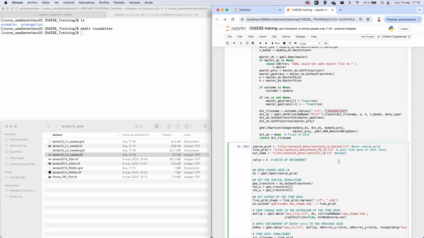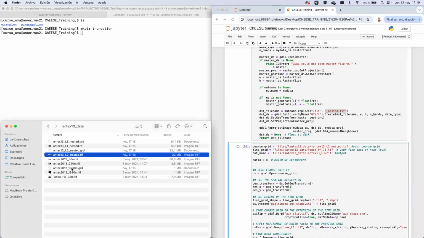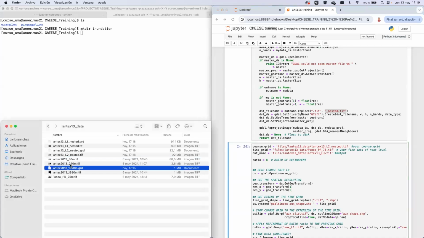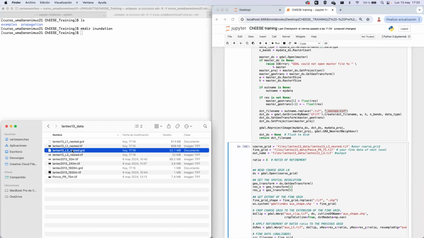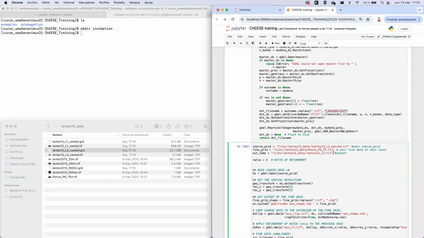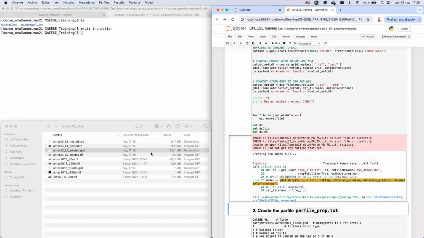So I have L0, that is this one. This one is level 0. This one is level 1. This one is level 2. And I'm going to create now the last one. Also, we use a ratio of 8. And if we just run this,